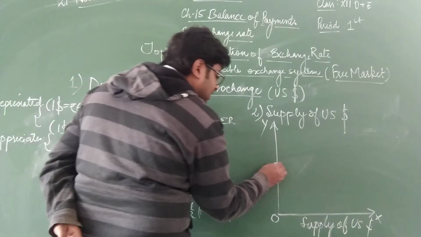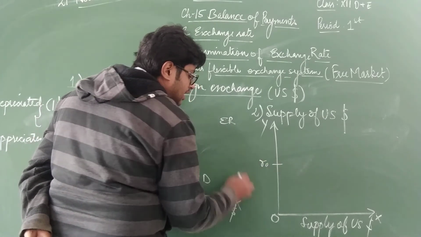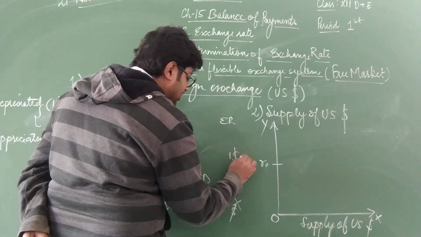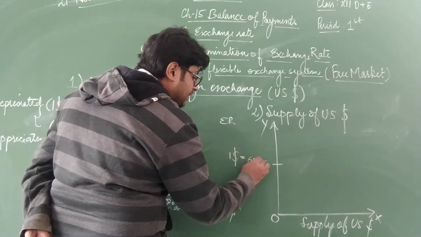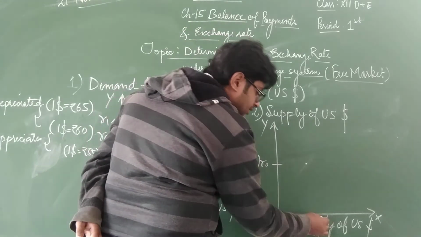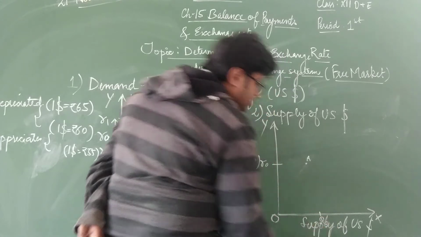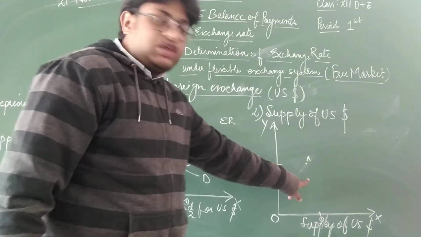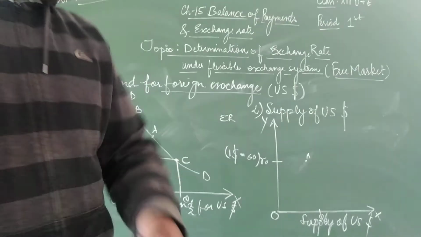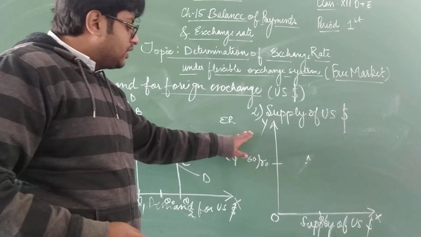Now again I am making an example that for instance at R0, 1 US dollar is equal to 60 rupees, and this much Q0 amount of US dollars are being supplied. Alright. Now let us see what will happen